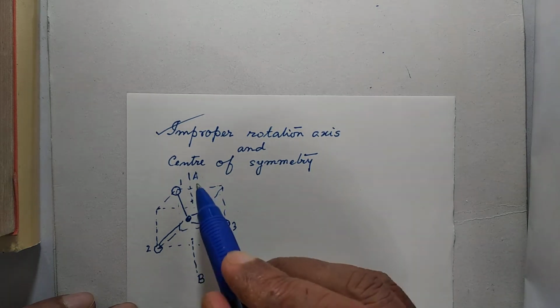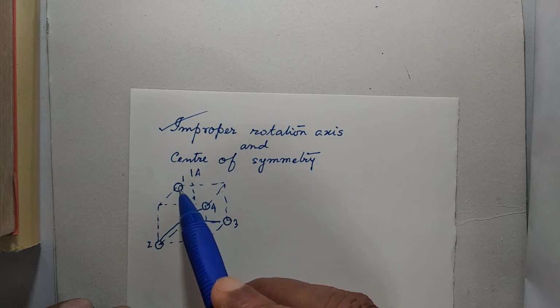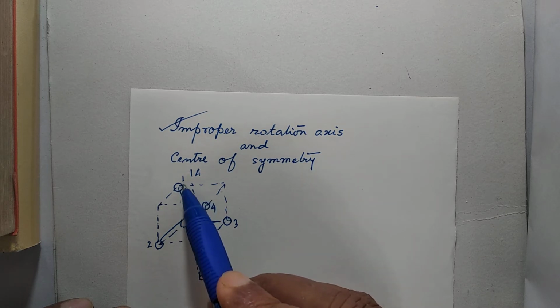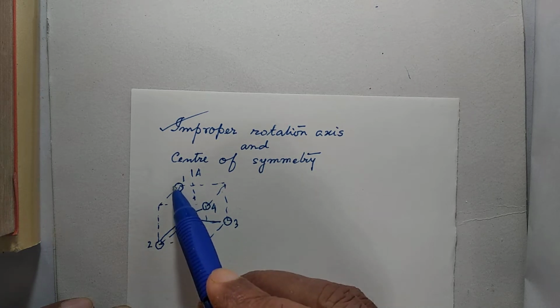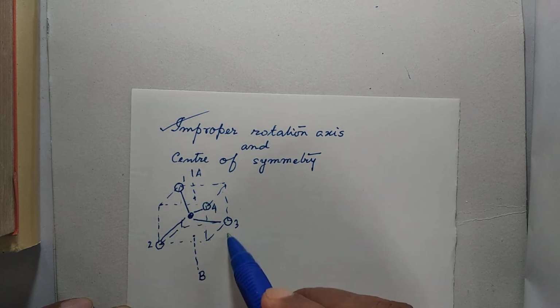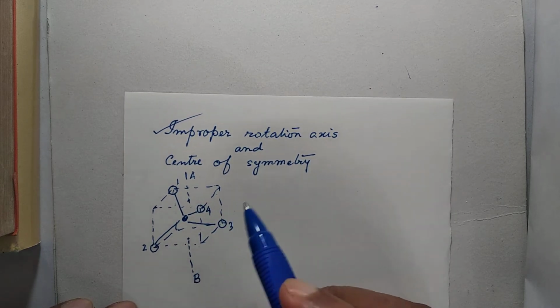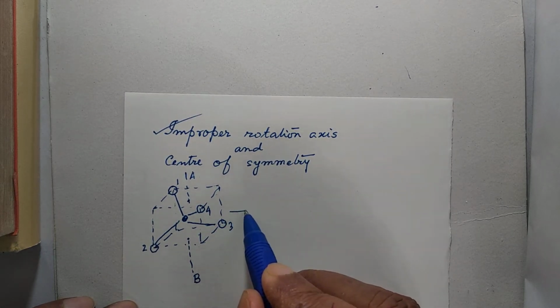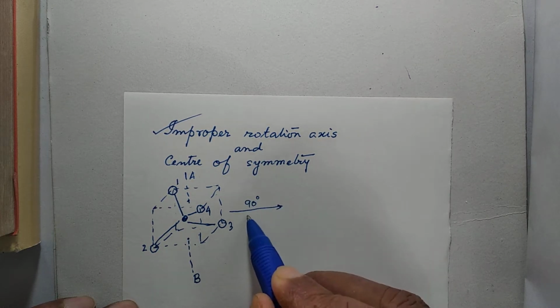Clearly, this AB is a twofold rotation axis, because if we rotate through 180 degrees, this atom will come to this position and this one goes to this position. Similarly, 3 goes to 2 and 2 goes to 3. So AB is a twofold rotation axis. But if we rotate it through an angle of 90 degrees about AB,